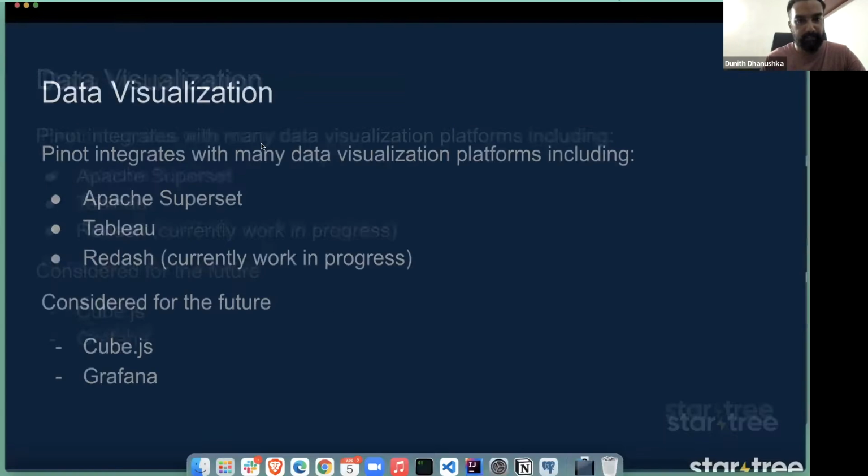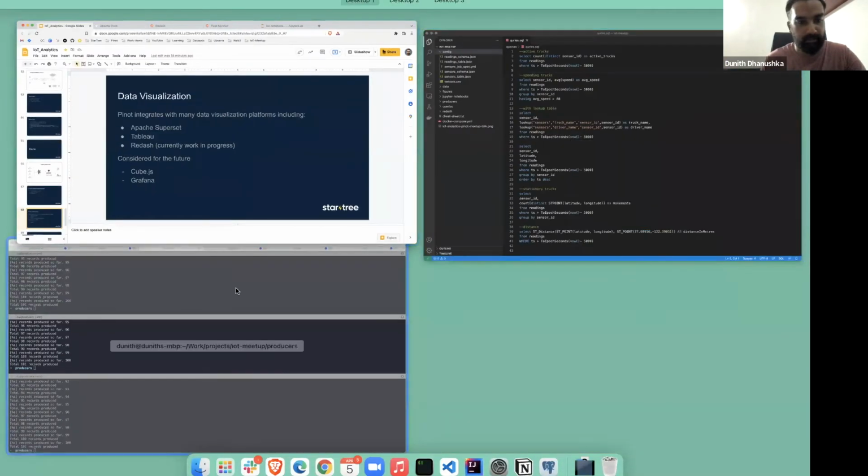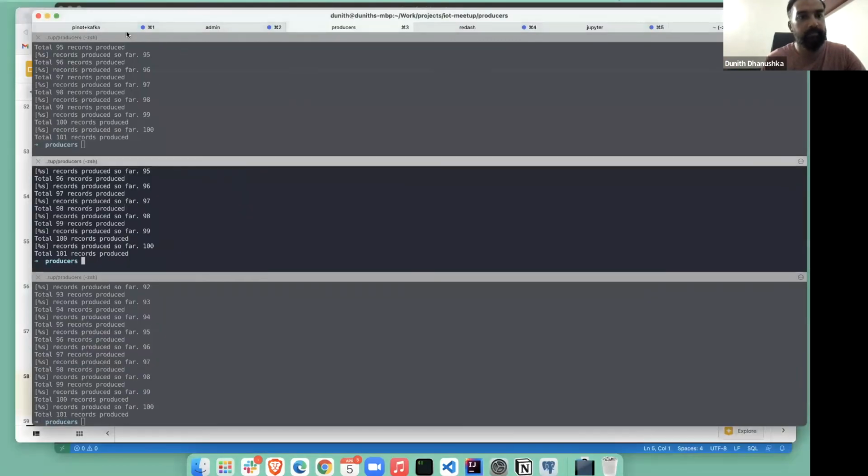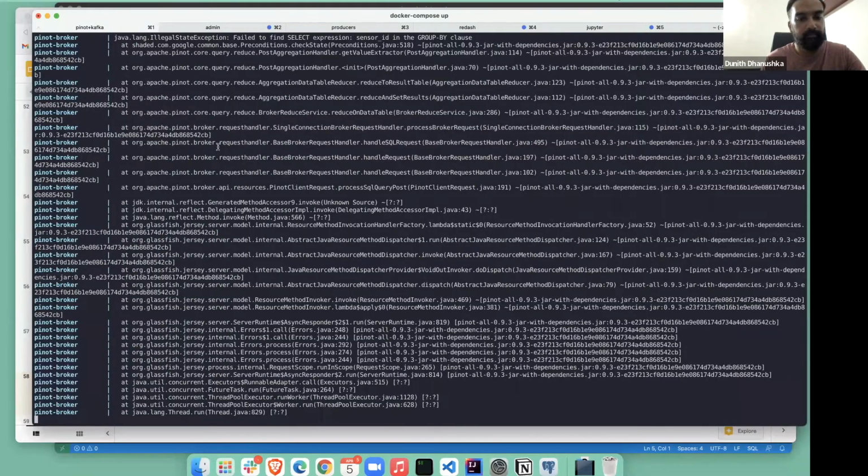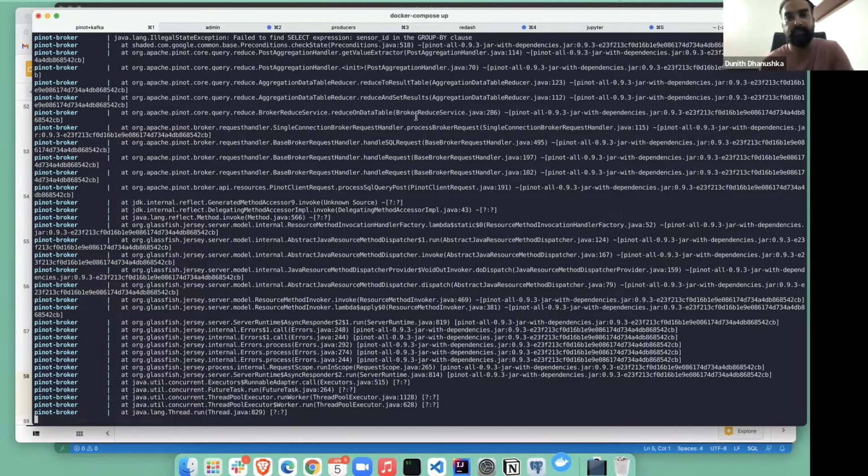All right, let me switch back to my terminal. My setup is running, my Pinot cluster is running on my local machine. I have Docker Desktop installed in my local setup, just to make it simple.